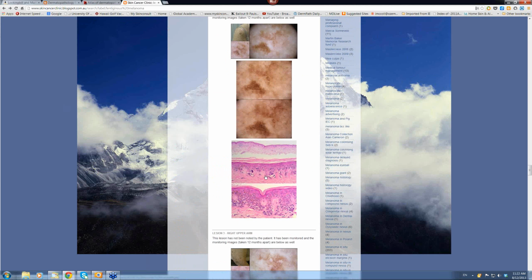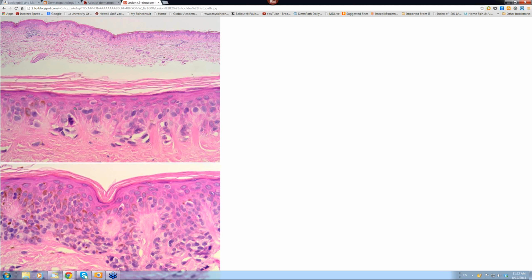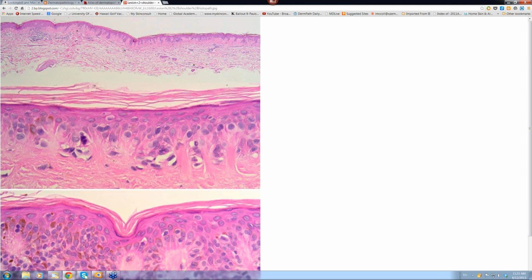then the pattern you see is this. So the top view, suggestion of some little nests at the end of these rete ridges here. See if we can make this any bigger. There we go. And if you look a little bit more closely, there are some atypical melanocytes here